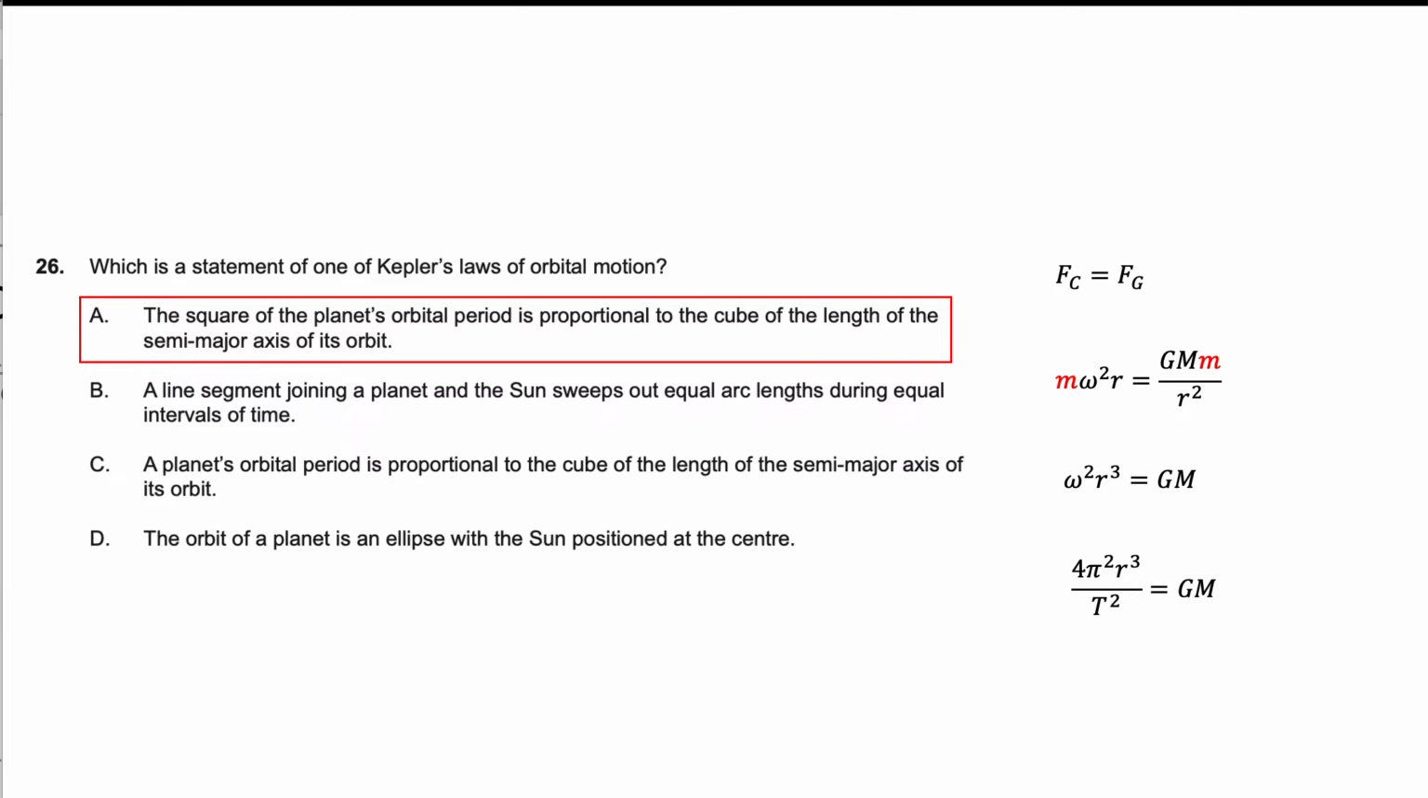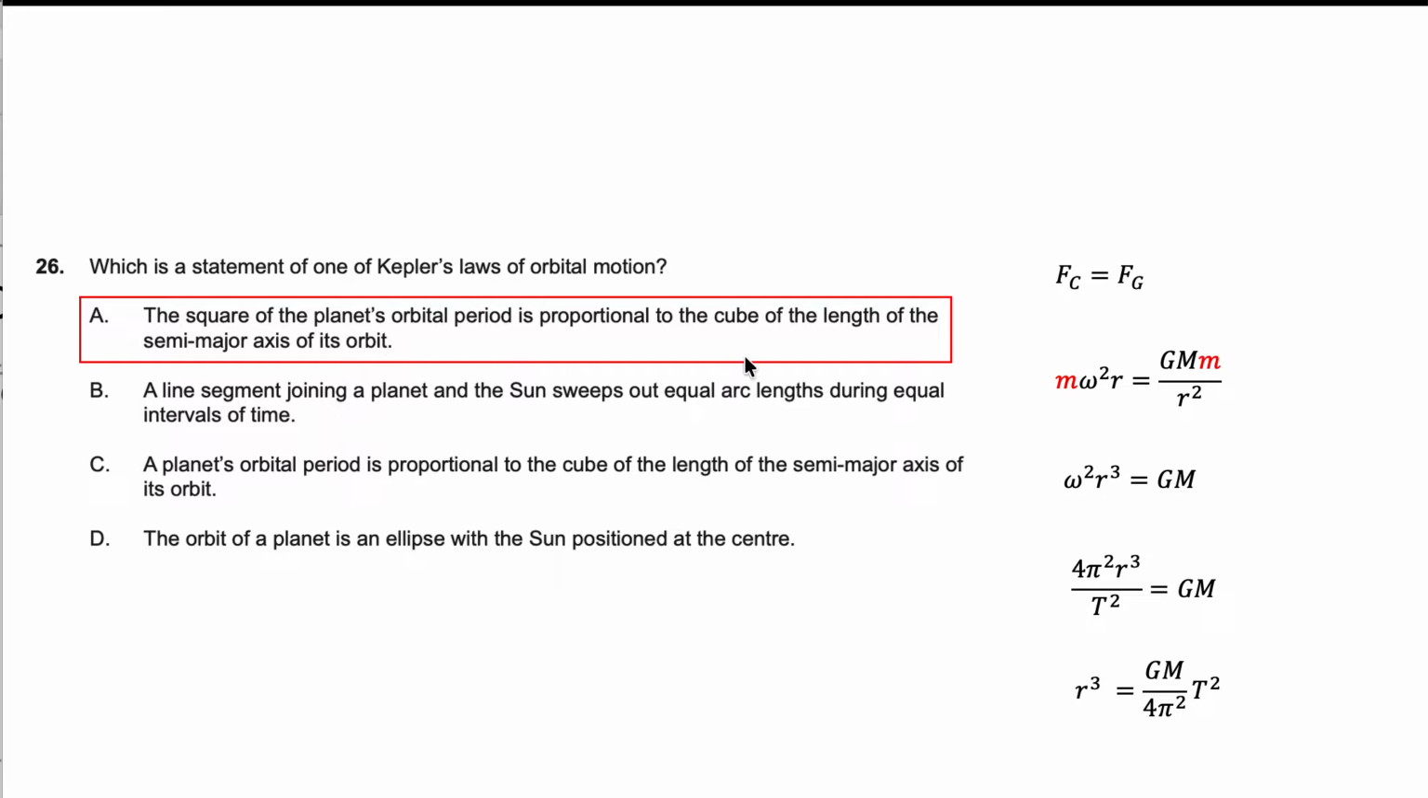We can then substitute omega equal to 2 pi over T to get our equation r cubed over T squared there, which is why we've got r cubed equal to some constant times T squared. And that's exactly what we've got here. Well, I've rearranged it in a slightly different way. We've got a square of the orbital period, that's T squared, going with the cube of the length, that's r. So that's why we've got this